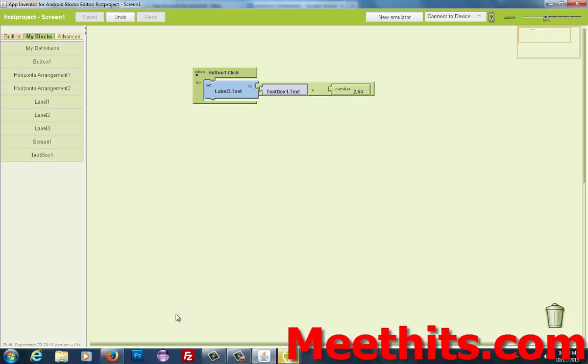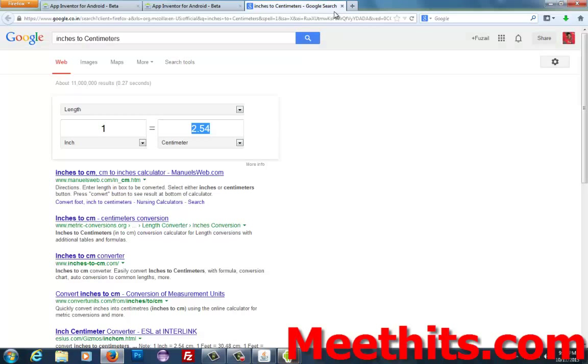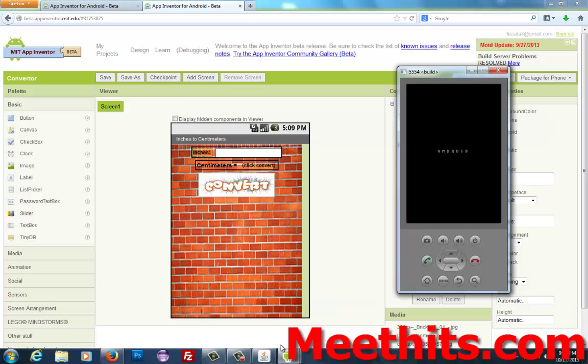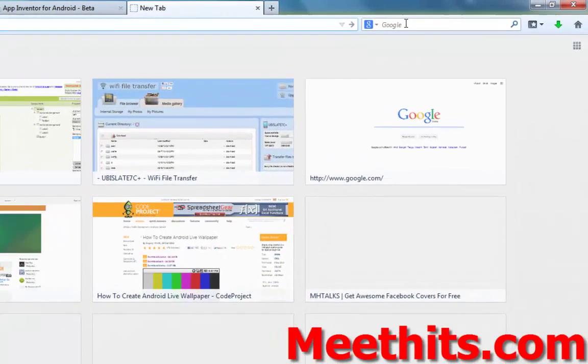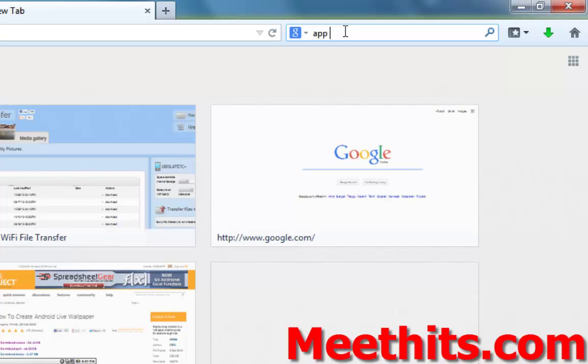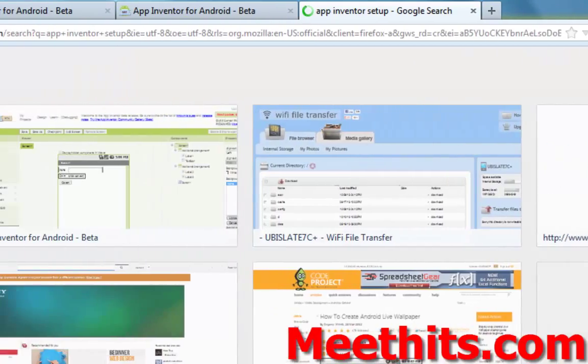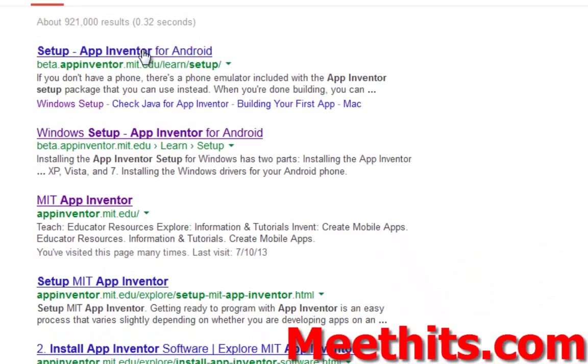Some people may have a problem here because you don't have the Android App Inventor setup installed. To get this, go to Google and search for App Inventor setup. Okay, go to App Inventor for Android setup.